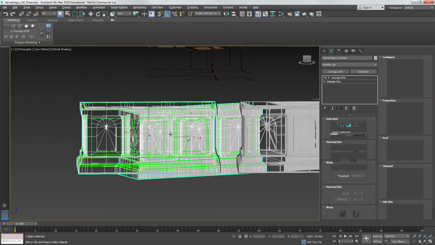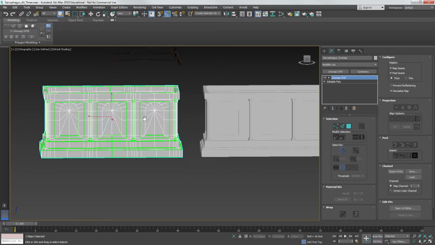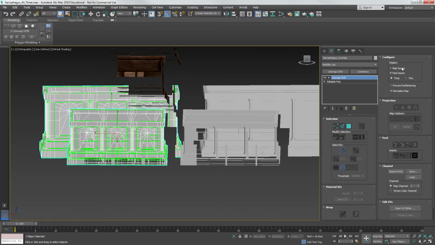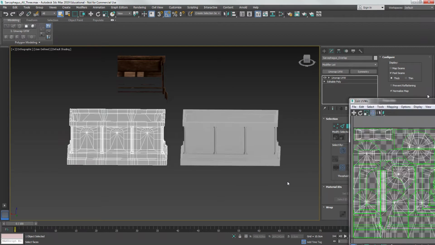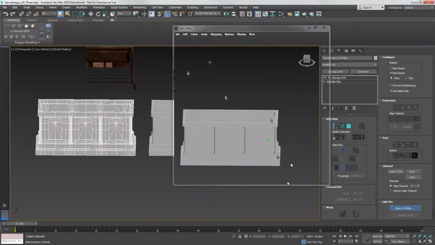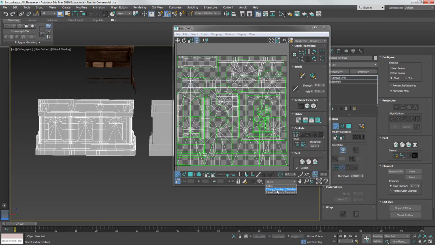This was symmetried. You'll see it's not anymore. This is symmetried, and let me show you the problem with it when we get it into Substance, you'll see. But let me show you the unwrap. If you look at the unwrap, which is over here, there's two material IDs. The material IDs are the body